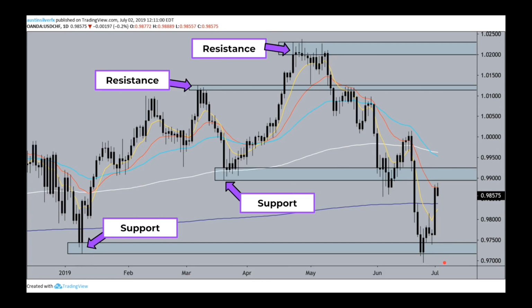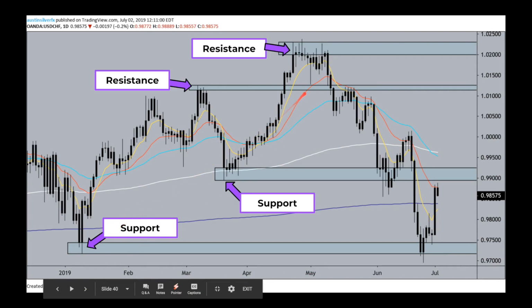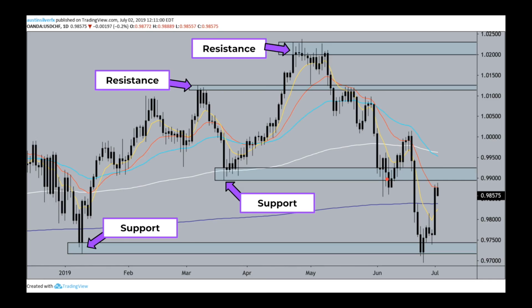So here we have one more example of the support and resistance zones before we move forward into the candle breakout formations that I want you to be able to identify. Here you can clearly see support on the bottom in the uptrend with resistance on the top. Notice how that support set way back here at the beginning of 2019 was respected very, very well here at the end of June. Now also notice how the smaller support zone here right around the end of March caused a lot of choppiness here in the beginning of June.